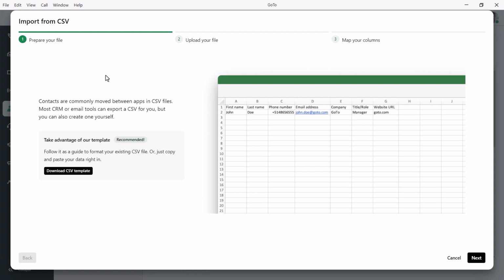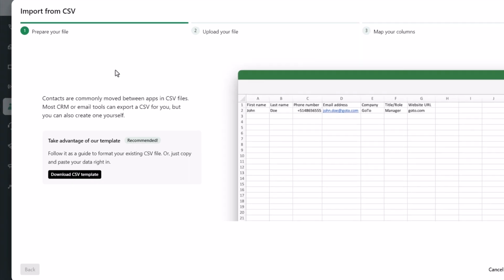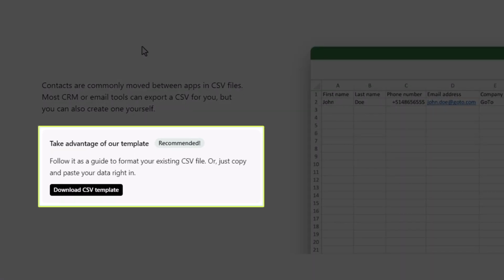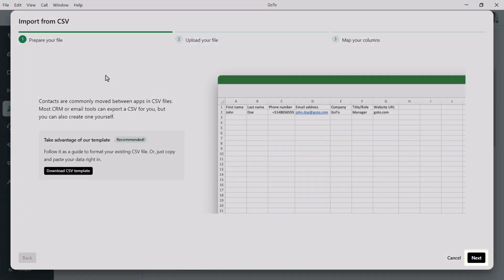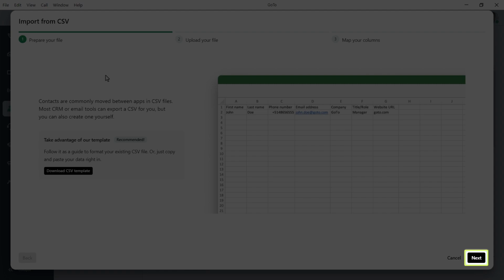This page will help you walk through importing your contacts from a CSV file created when you export your contacts from your email service. A template option is provided for download. It contains blank fields where you can copy and paste information. Formatting issues can lead to failures when importing, so it is recommended to refer to that template provided on how to format things. For this video, however, I will bypass that option. Click the Next button to proceed.